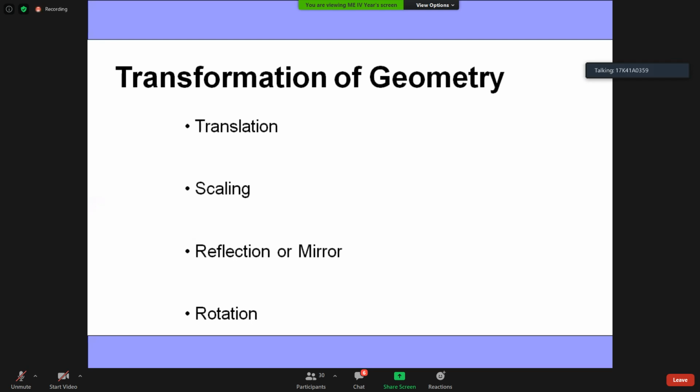Mostly it depends on the requirement, sir. If you want multiple entities, copy is better. If you want to entirely move the entity, the move option is used. But preferably copy is better than move, because if any mistake is done in the move command, the original is lost. With copy, your original will be like that only. If you made a mistake in a move command, you have to draw it one more time and perform the operation again.